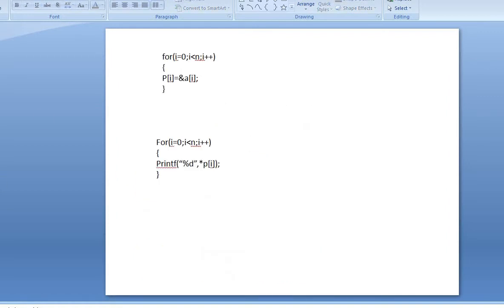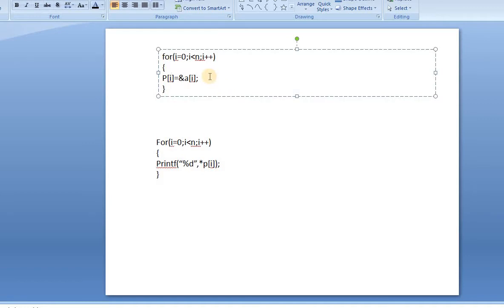First, to store the addresses of array A inside array P, I am using a for loop, and I am storing each element's address in the P array. So if the I value is 0, the 0th element's address will be stored in the location P of 0.